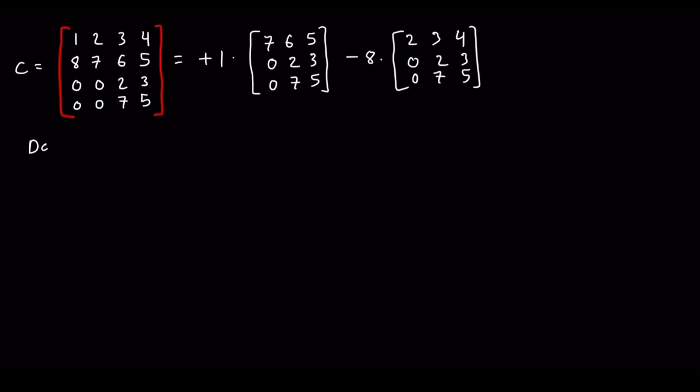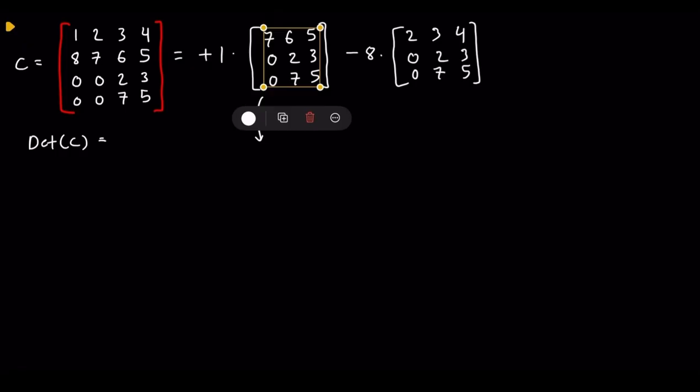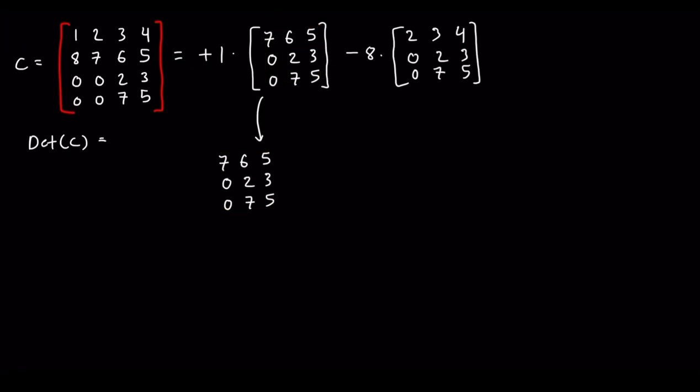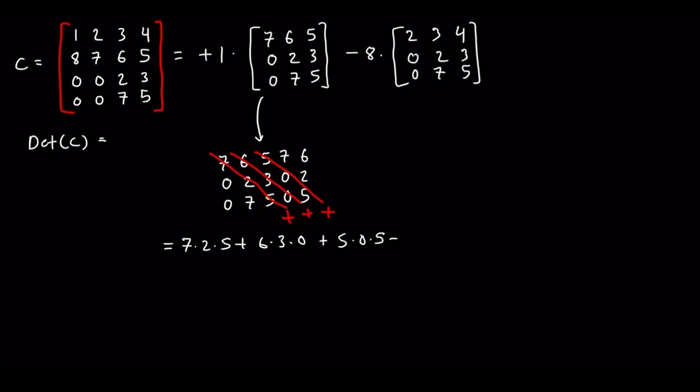So that means the determinant of C is basically going to be the determinant of this and the determinant of this matrix. So we can simply just use Sarrus rule. Let's find the determinant of this matrix. So let me just duplicate this. And now I'm going to write the first two columns to the right: 7, 0, 0, 6, 2, 5. Now I simply multiply these. This becomes 7 times 2 times 5 plus 6 times 3 times 0 plus 5 times 0 times 5 minus